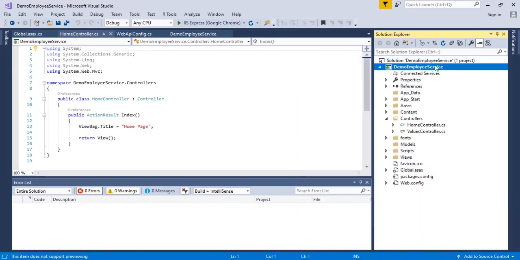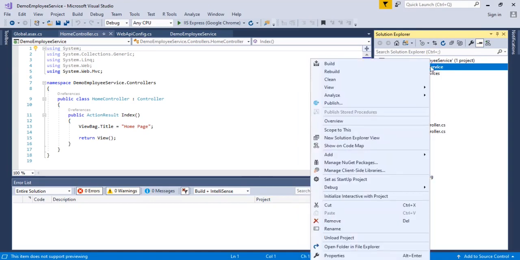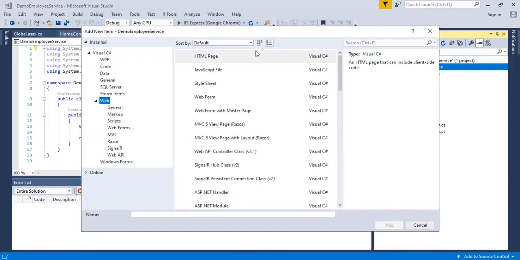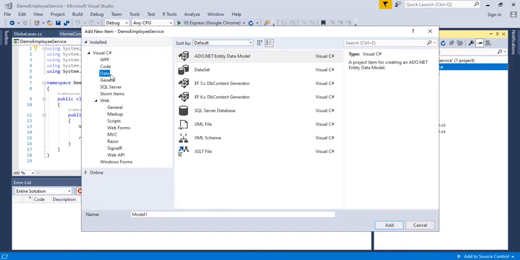Just select the solution project and go to add. So add a new item, I mean new template, new item. We are going to add a data item, that is ADO.NET Entity Data Model.